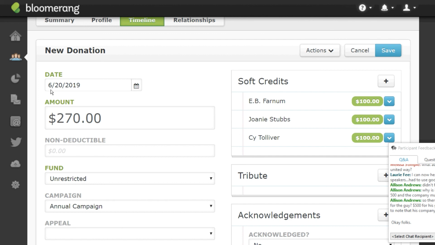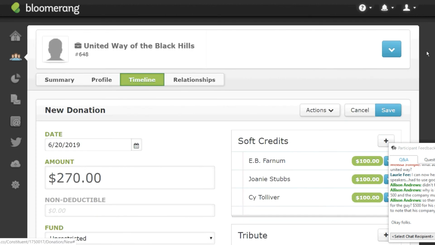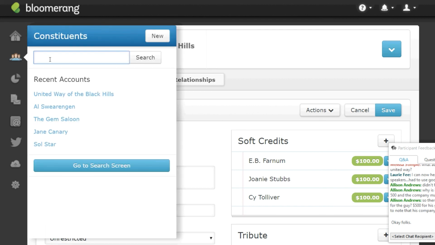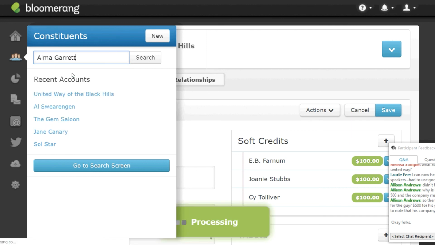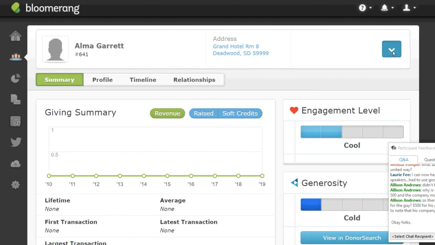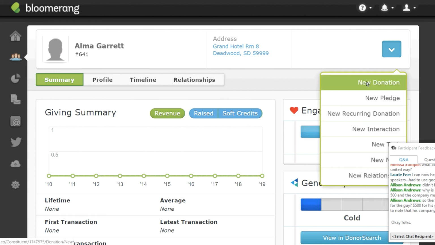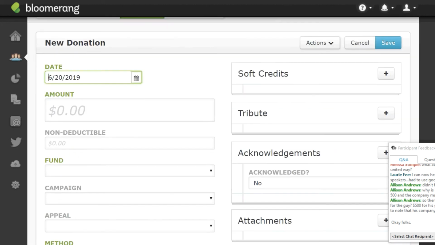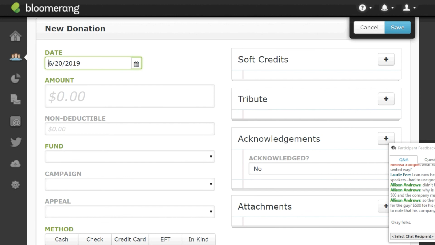Really quick, let's do a gift of stock. A gift of stock is treated just like any other outright donation. Let's say that the widow Elma Garrett made a gift today. It's a donation. However, we may not know until tomorrow what we're going to end up having as the final